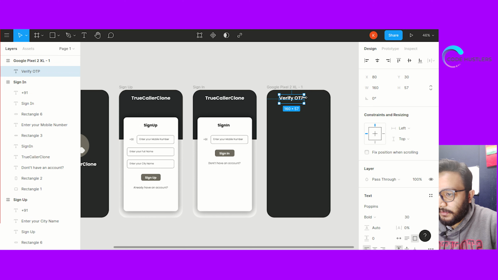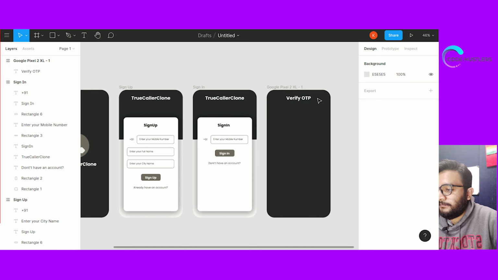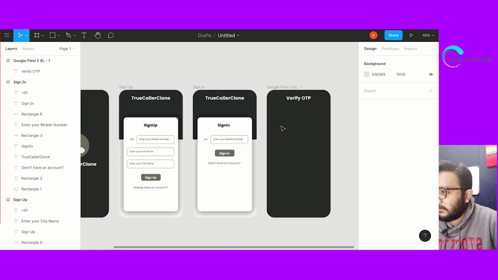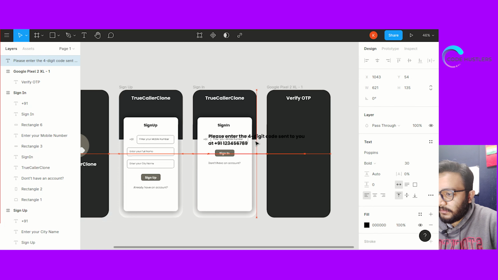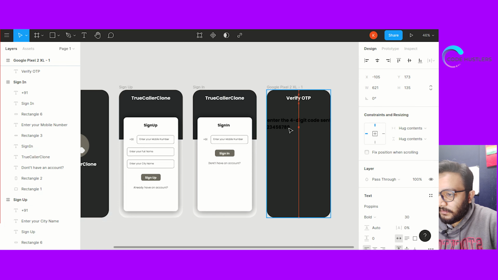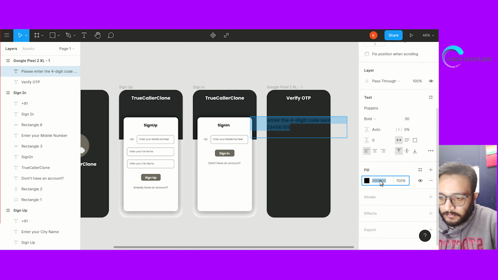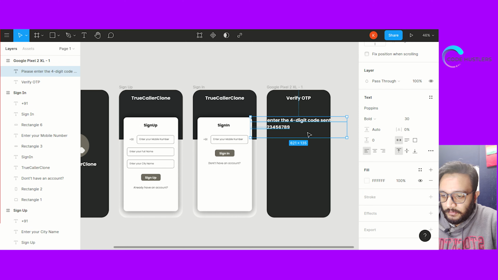Quickly make it wrap content and put it in the center. Then we'll put this text. I've already written it, so I'll just copy and paste it in here. Make it white.